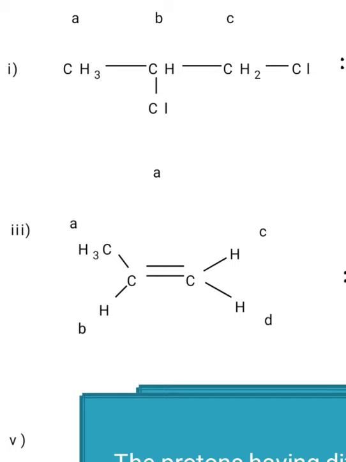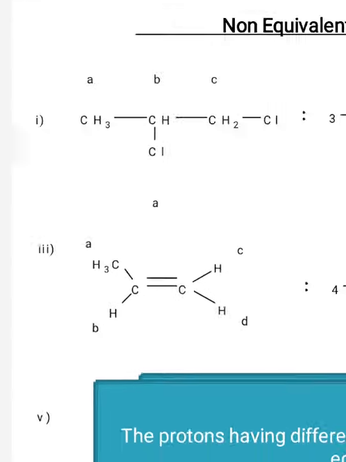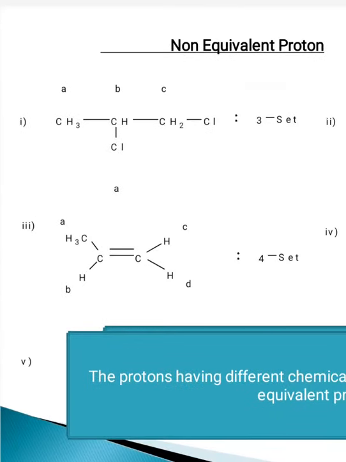Here, both the hydrogen atoms of CH2 are non-equivalent because the double bond restricts free rotation of the carbon-carbon double bond, and hence all three hydrogen atoms have their fixed positions and fixed chemical environment, and hence all these three hydrogen atoms are non-equivalent. We get four sets of protons in this propene and four signals on the NMR scale.